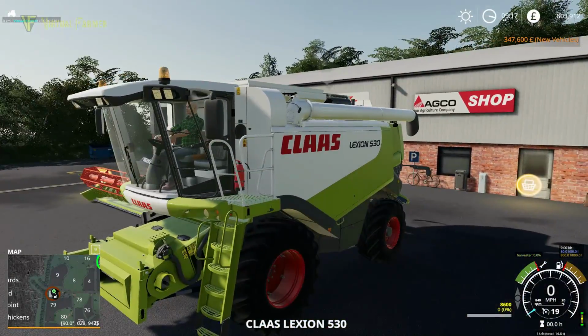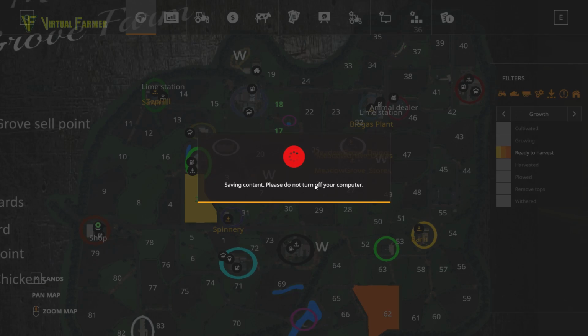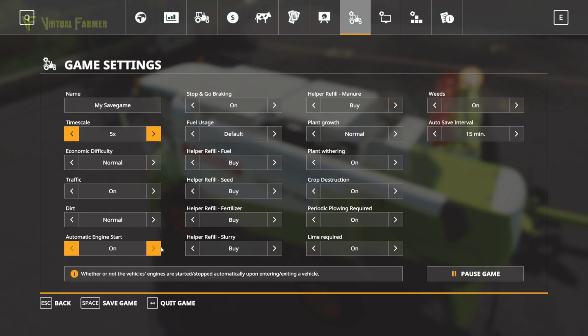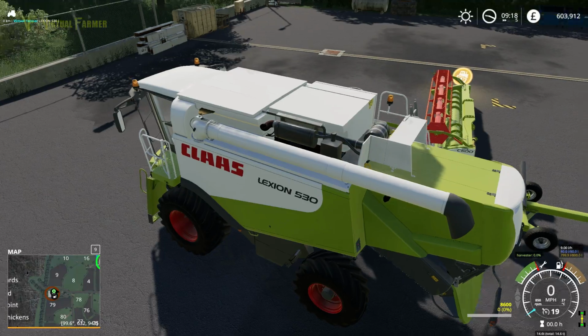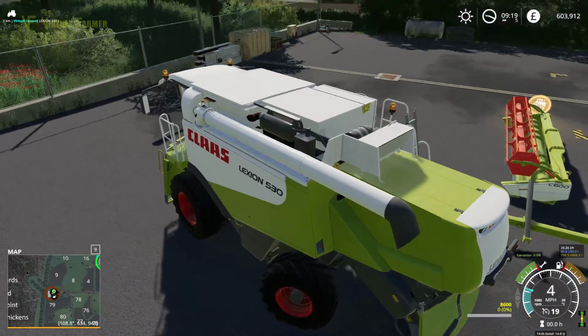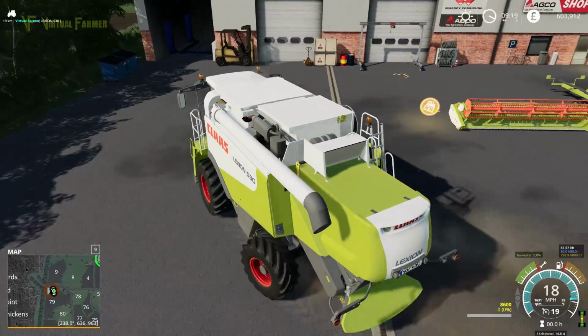Our Claas Lexion 530. Really good. What I'm going to do quickly is alter my settings so that we've got automatic engine start off. And we will turn all of the helper stuff off here as well. Help refill off. There we go. And off the manure. Okay. And we'll connect up, we'll put our header onto our header trailer, and we'll head up to field 2 and